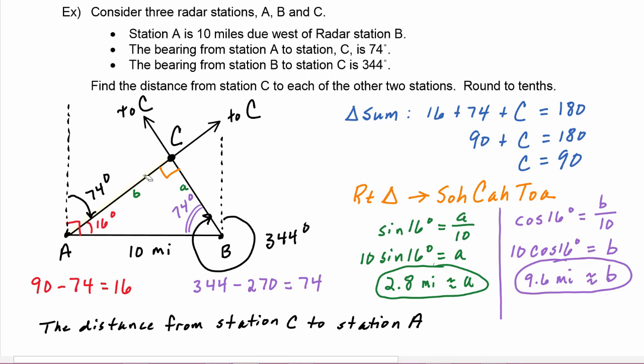From C to A, you have to be careful. You're not using this letter a here. The distance from C to A in our picture is actually letter b, which is 9.6. So in our sentence here, we're going to say the distance from station C to station A is 9.6 miles,